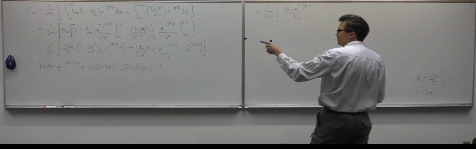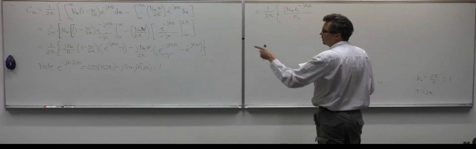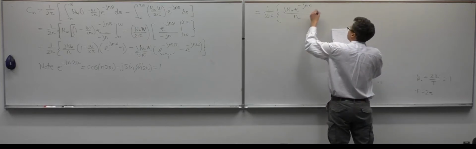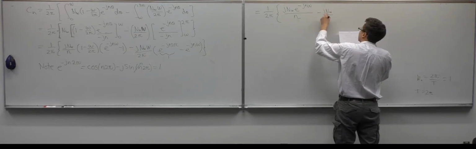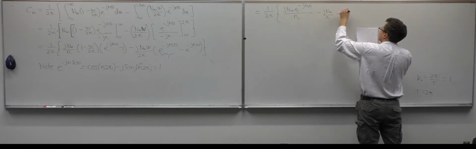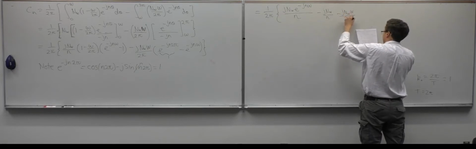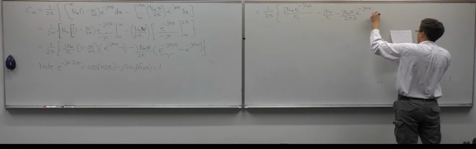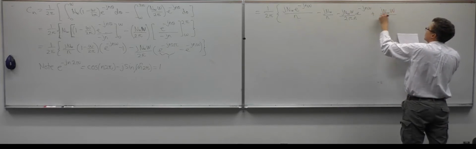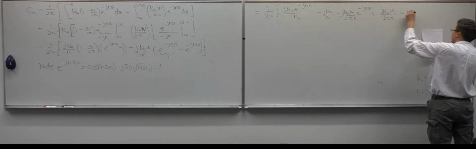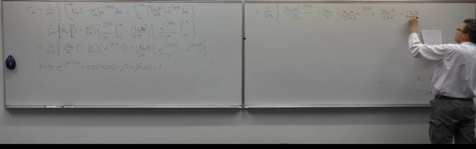That's the first term, and then we've got the 1 times 1, that gives us minus j n sub w divided by n, and then we've got the exponential term minus j n sub w big W divided by 2 pi n e to the minus j n w, and then we've got the fourth term, which is j n sub w big W divided by 2 pi n, and then we've got the last two times minus j n sub w big W divided by 2 pi n,